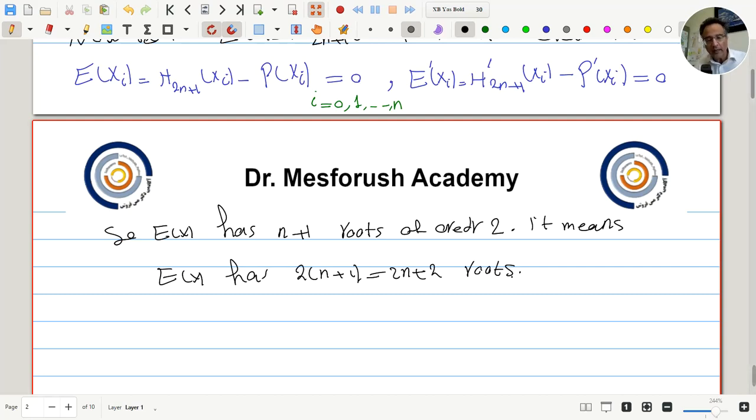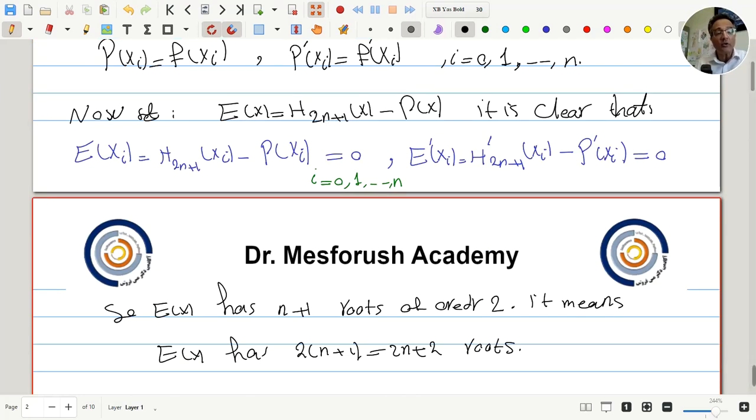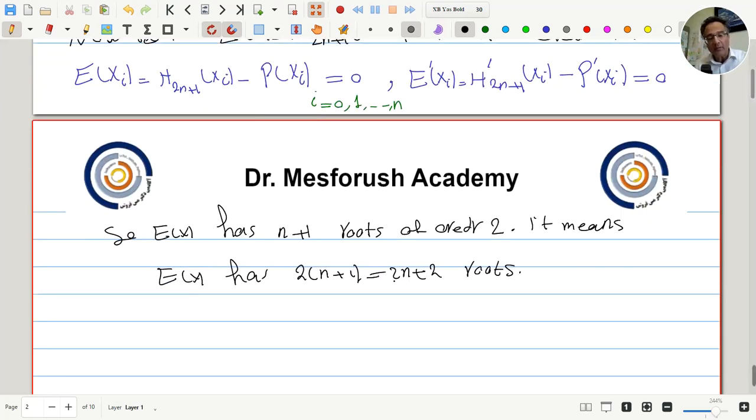And we know that because e(x) is the difference between two polynomials of degree at most 2n+1, the degree of e(x) is at most 2n+1, and a polynomial of degree at most 2n+1 has at most 2n+1 zeros, and here because it has 2n+2 zeros,